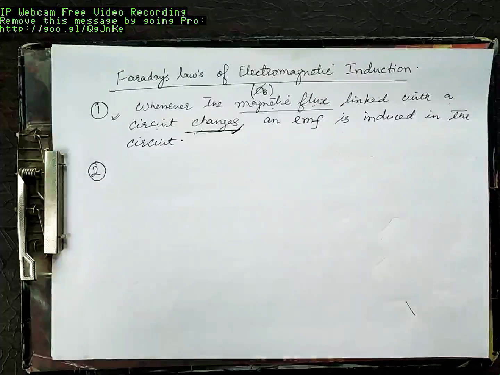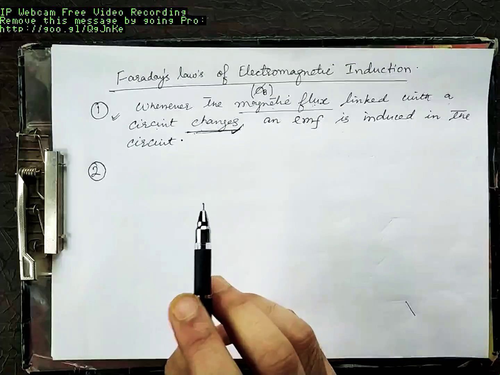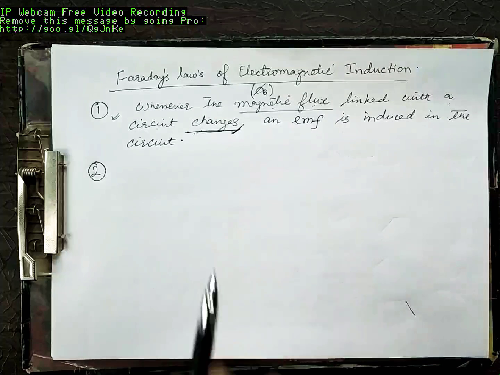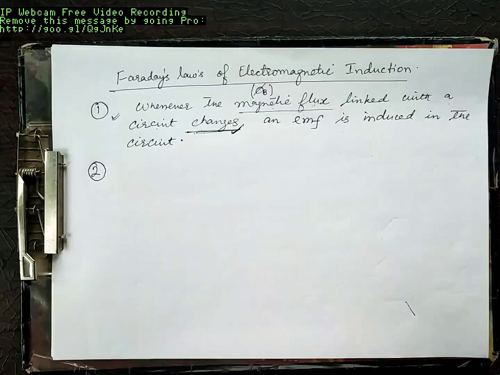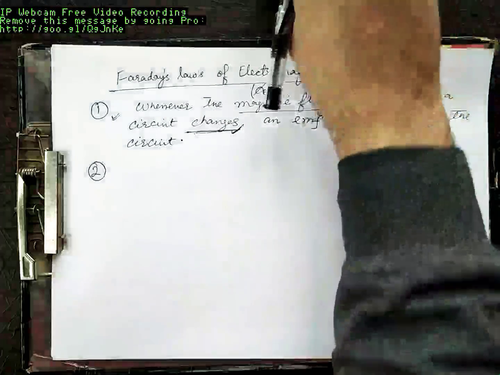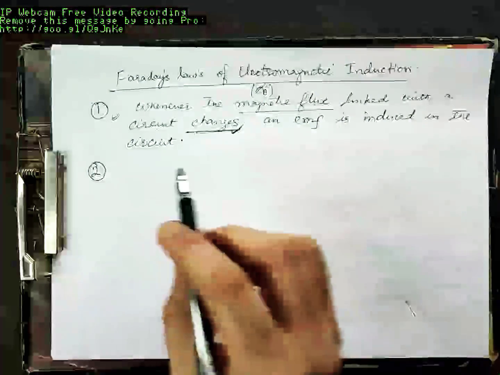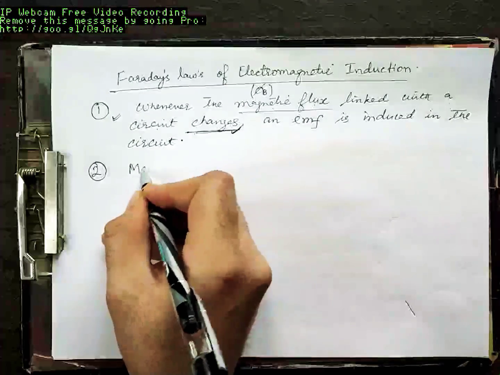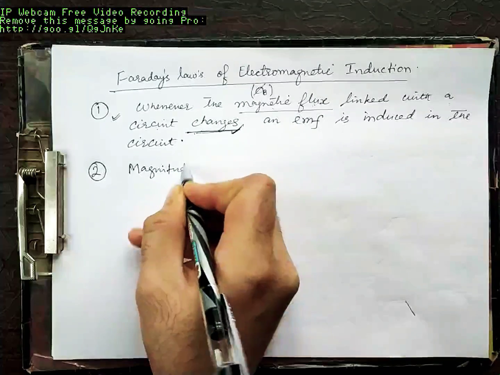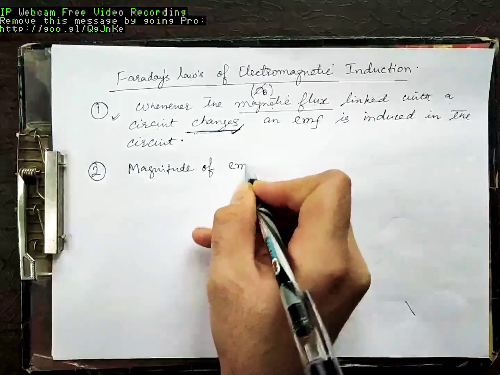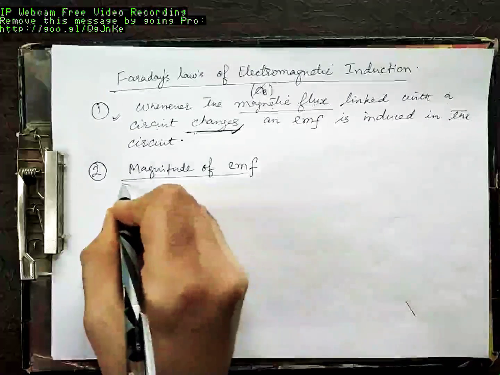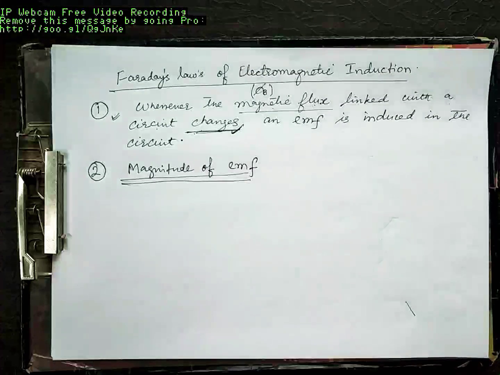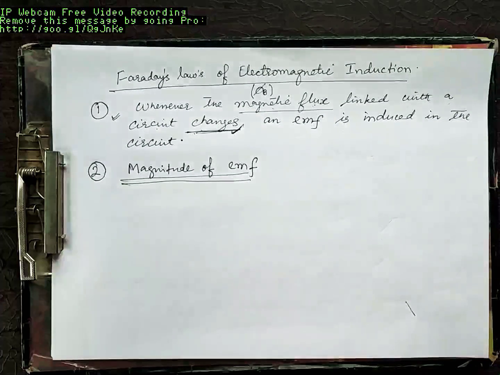Faraday's first law was concerned about whether EMF will be induced or not. And now we know EMF will be induced only if the flux passing through that coil is changing. Fine? And Faraday's second law is concerned with the magnitude of EMF. How much voltage will be produced? Is this voltage all the time the same? Or does it depend upon something? According to Faraday's second law of electromagnetic induction,